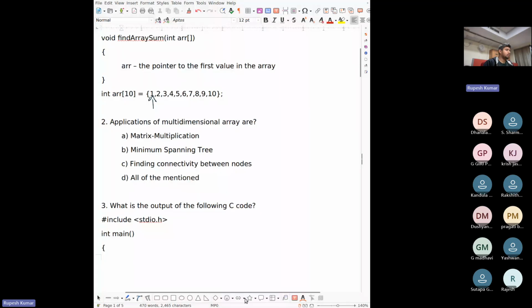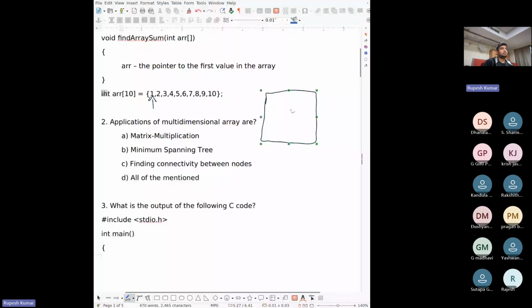So yes, you can use multi-dimensional arrays to store matrices. For example, if you want to store a matrix in your program, you can use these multi-dimensional arrays.